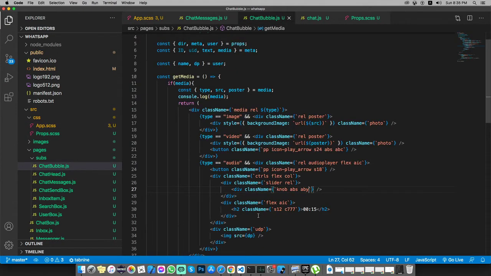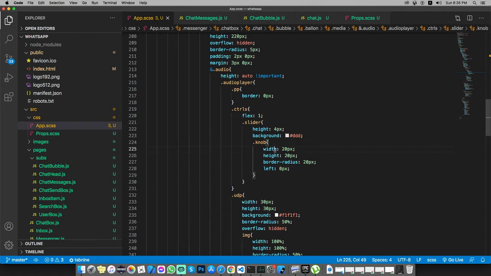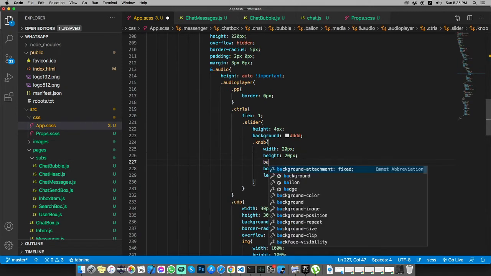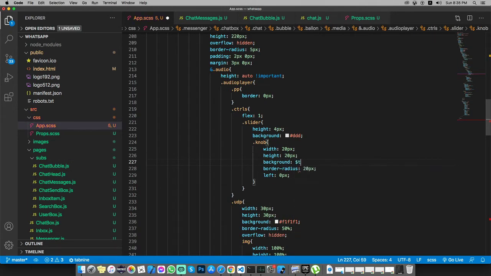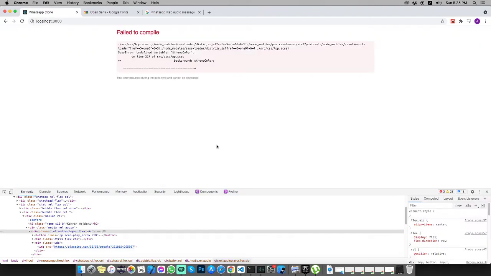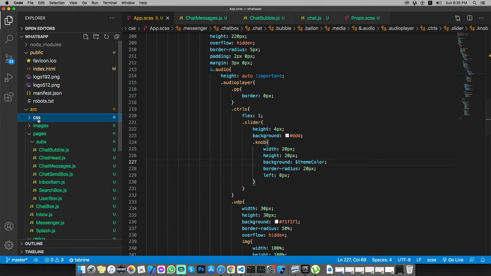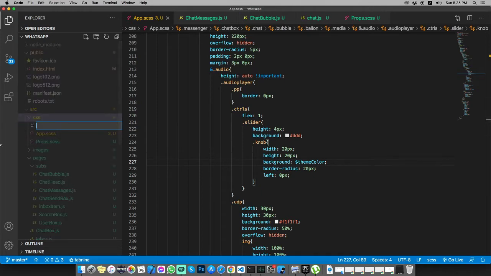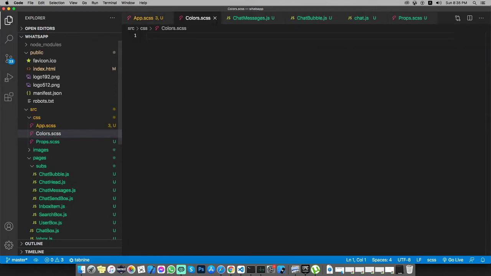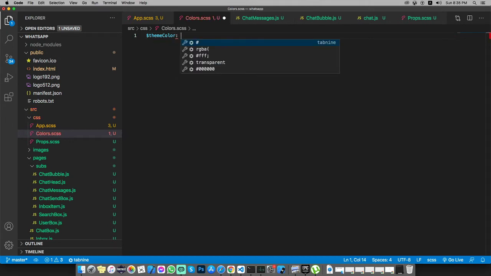Slider and knob, if I have knob, great. We have width, height. Oh sorry, I need to add a background of $theme color and save. And it says I don't have any theme color. Let's quickly create a new file, call it colors.scss. And for the theme color, let's quickly create a variable theme color, and the theme color is